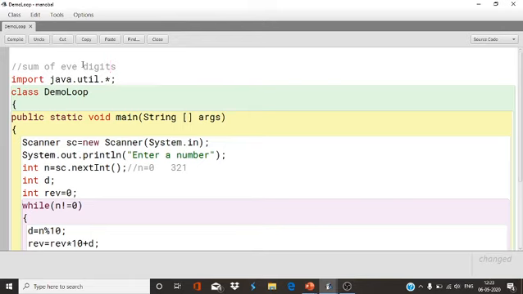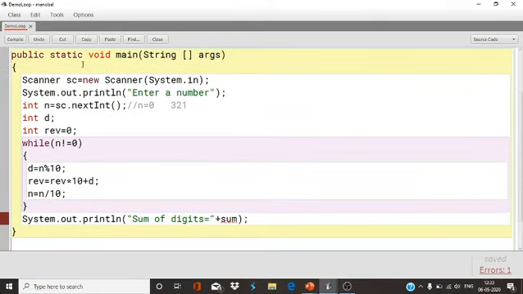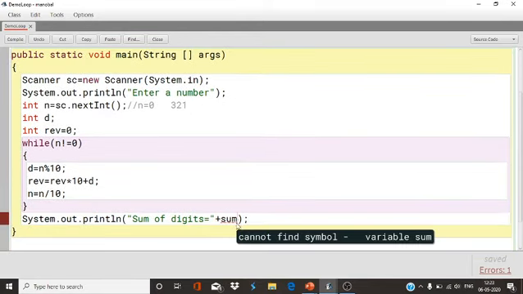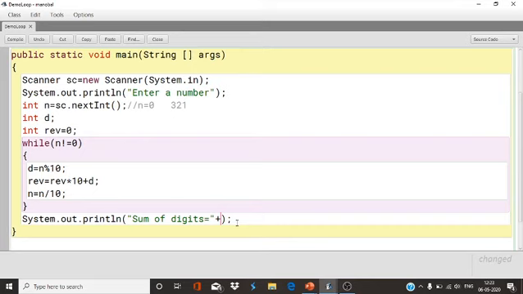This is the program for reverse of a number. Understood? You can see this now. All the things will be the same, but here we have to print reverse now. And here we have to write reverse of the number.